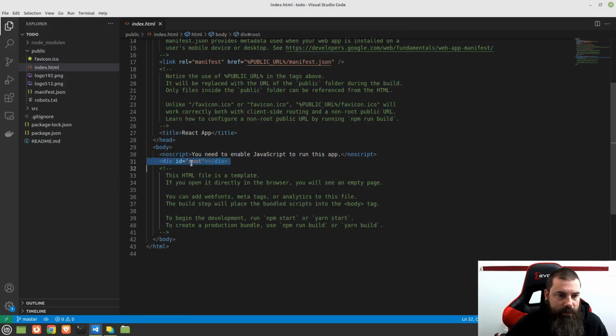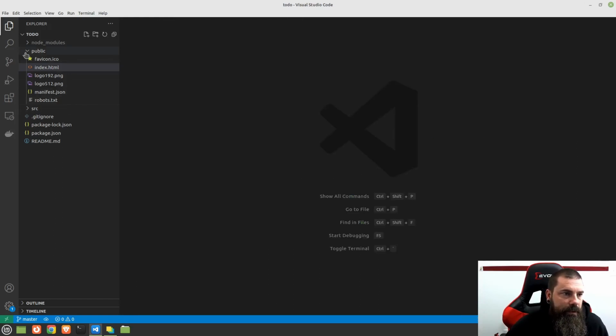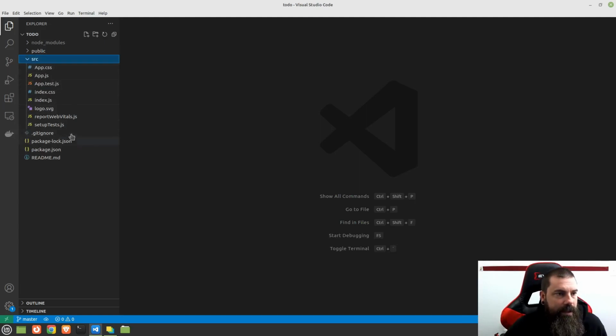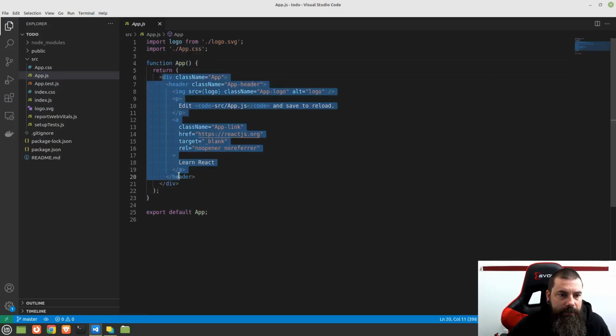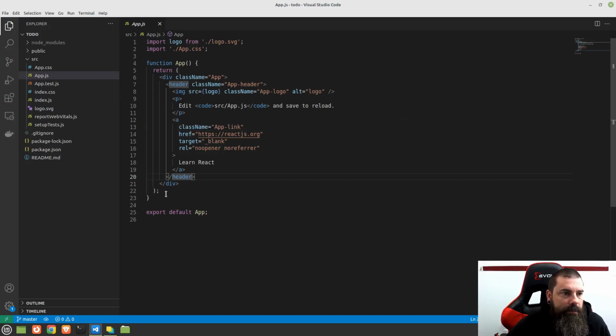But this right here is where the React app is going to get loaded, and it uses JavaScript to do that. So if we close that down, let's close public down, and let's look in source, and I'm going to show you exactly how this works. So if you click on app.js here, here is our app function, and this will create our application. Now, this basically is that home page that we saw, but let's figure out how